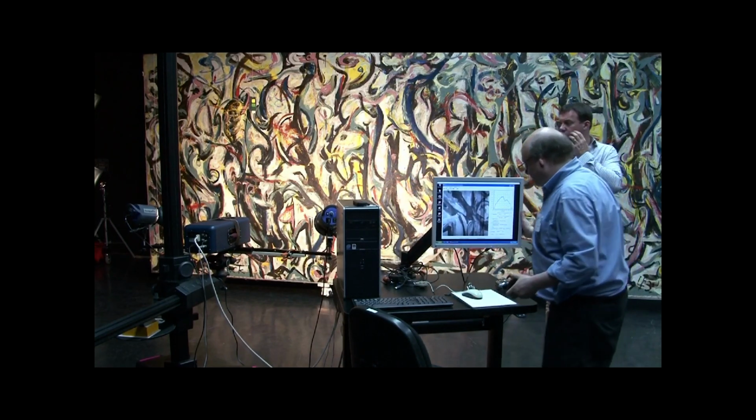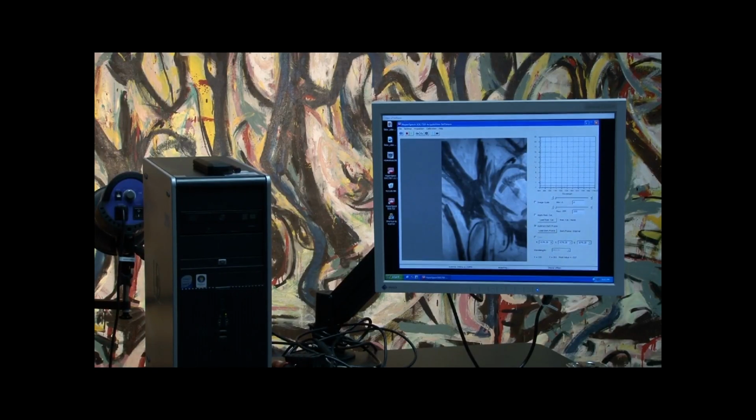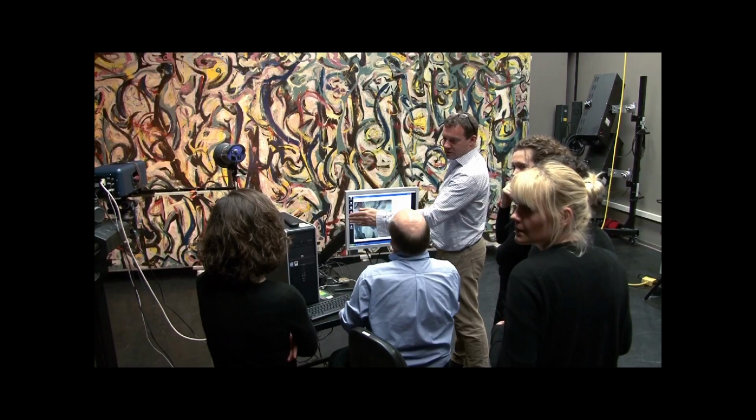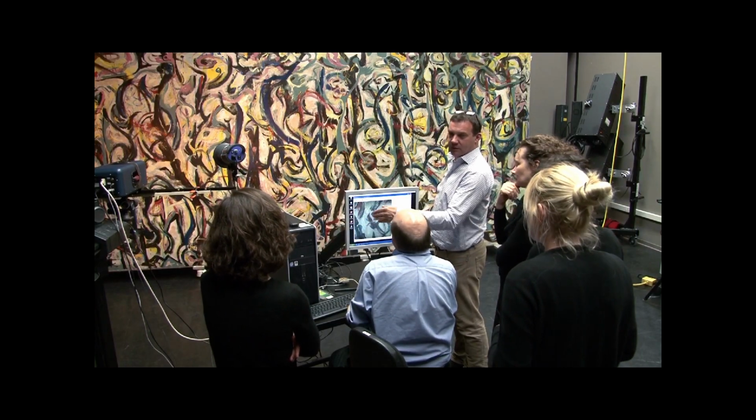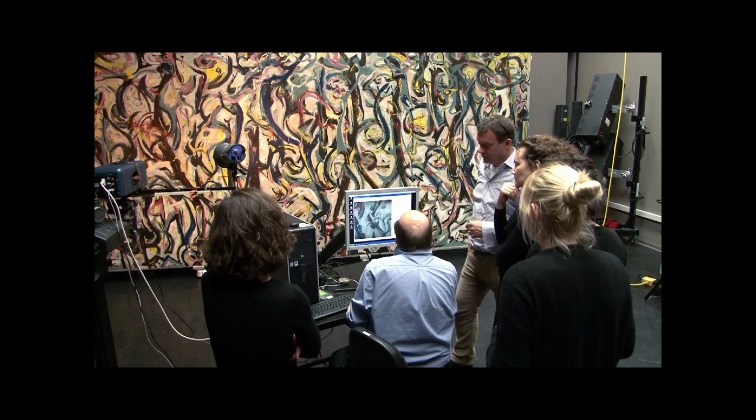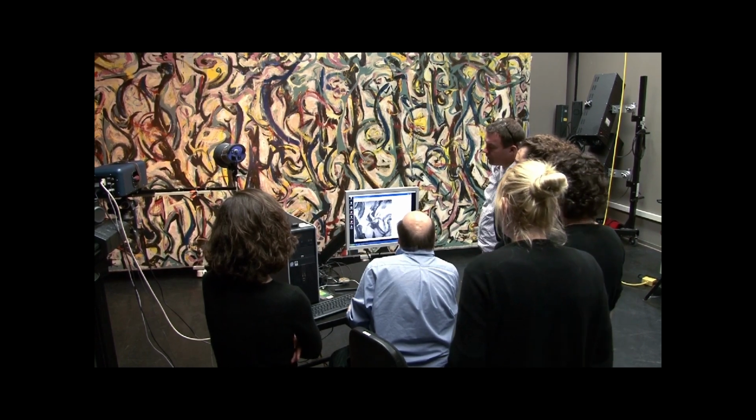Many of the layers in the cross-sections that we examined have very well-defined boundaries with the underlying layers, and usually that means that the lower paint was at least touch dry or dry enough to withstand being disrupted by the later applications of paint. So these clear boundaries indicate that the painting was done over quite an extended period of time. Oil paint takes several days, if not sometimes weeks to dry.